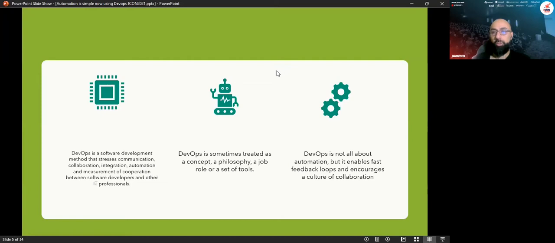So it is no longer about doing manual tasks; it's all about automation. This has allowed companies to focus on the quality of the code and the quality of the infrastructure, and to enhance the infrastructure, whether on-prem or on the cloud.